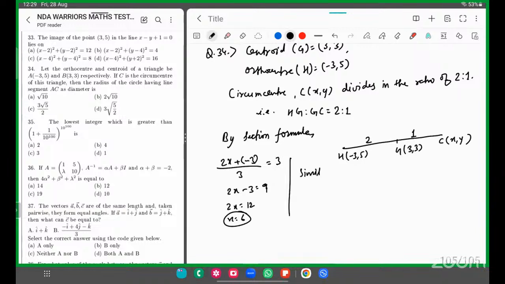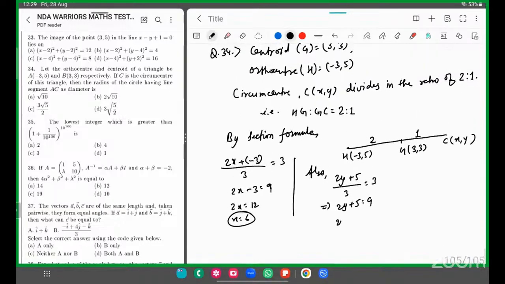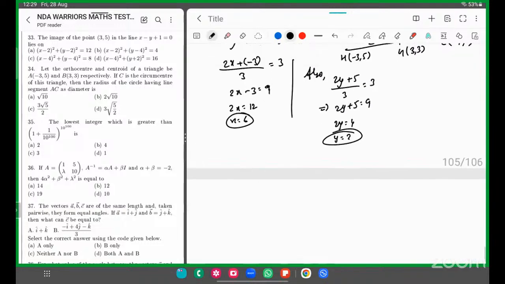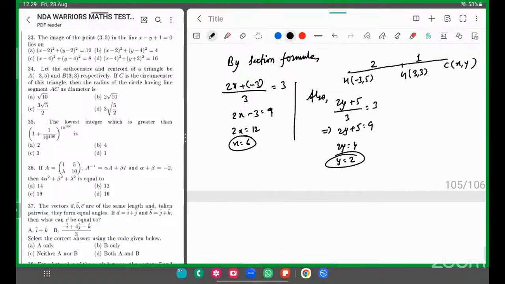Similarly, 2y plus 5 upon 3 equal to 3. This implies 2y plus 5 equal to 9. So 2y equal to 4, y equal to 2. तो हमें c equal to 6,2।